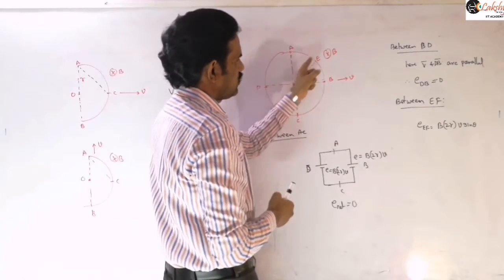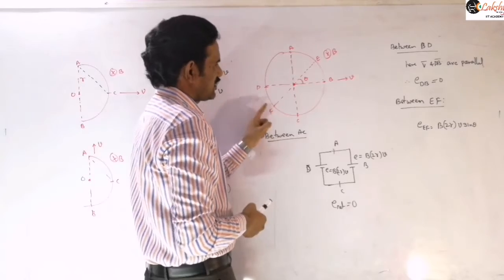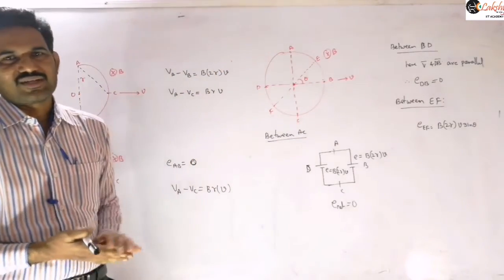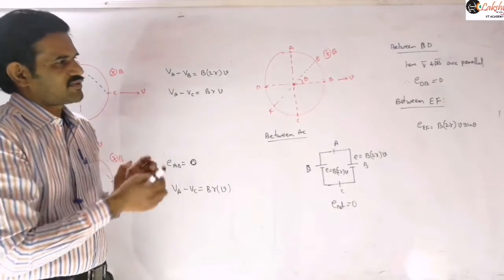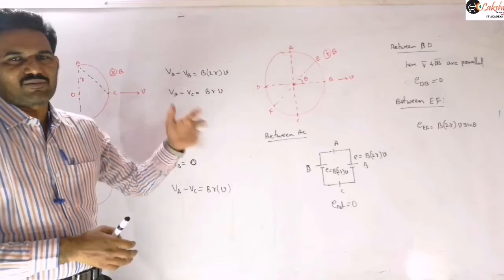And here also the EMF will be there along this direction. For this part, this semicircle and this semicircle are equal in magnitude and opposite in direction, so the net EMF will be 0. Only if you are taking the individual parts of either semicircle, then you can write that value, and the net EMF in that complete circle will be 0.